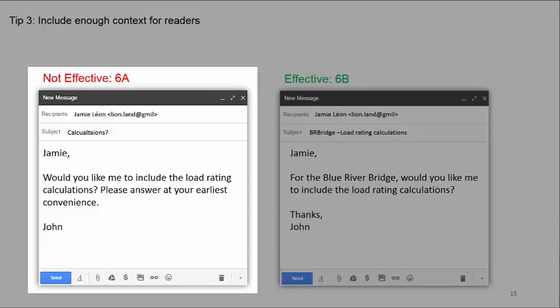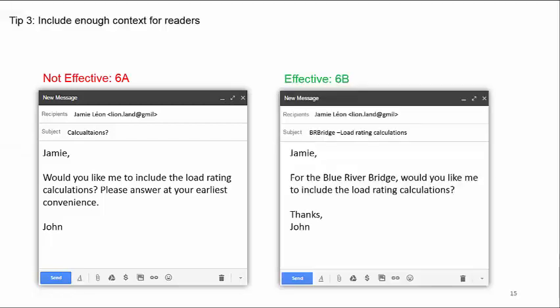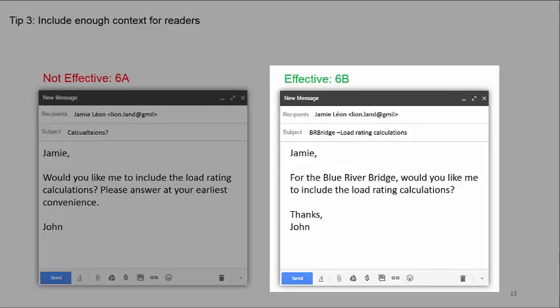In addition, the command to answer at your earliest convenience sounds pushy, even with please, and especially for an EIT writing to a superior, it could be considered offensive. The superior knows to answer the EIT's question. She doesn't need to be told what to do. The revision provides context and deletes the unnecessary command. If it is critical for the supervisor to get this information immediately, the EIT needs to call or speak face-to-face.